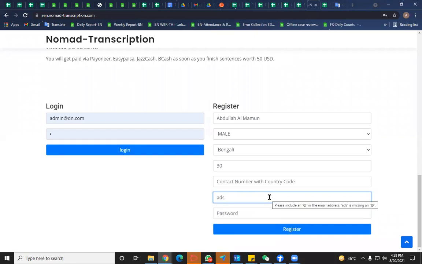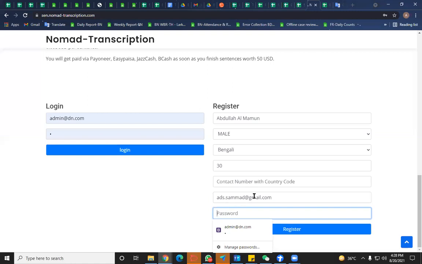And then coming to the email address, write an email address. You can use your own Gmail address or any email address. If you are using Yahoo, you can use that email. If you're using Hotmail or any other, just write your email address and write a password that you can remember. Make this password as easy as possible so that you do not forget it. Okay,